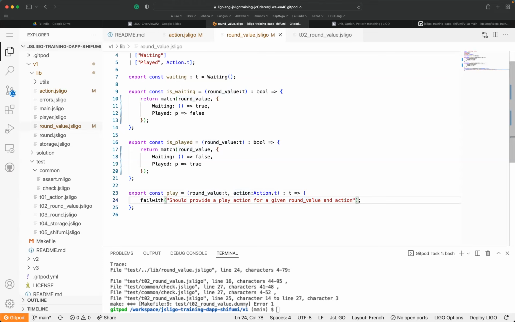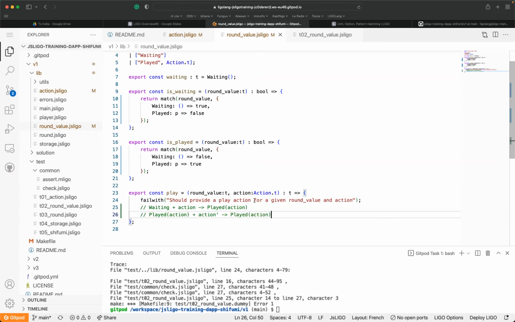I can express here: if I'm waiting plus action, I would like to have a played with action. And if I'm played with action plus action prime, I would have as a result played with the action.